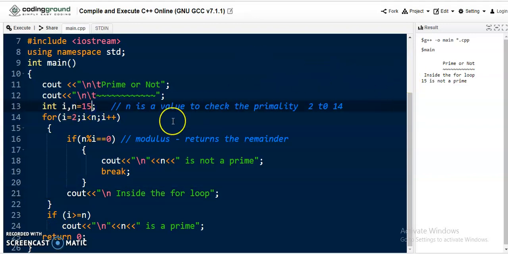Let's take another value, 17. Now execute the program. When we take 17, it's going to repeat the loop from 2 to 16, so the loop is going to execute 15 times. Let's check whether it's going like that or not.